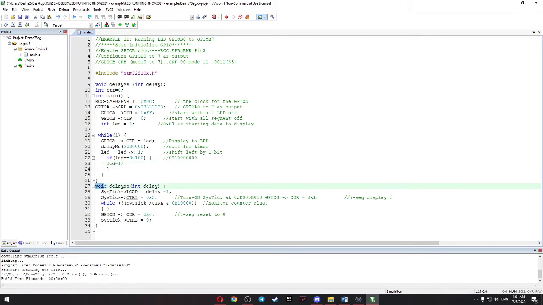After that, we see void delay in milliseconds, integer delay. This is for the timer, the Systick timer. So Systick load equal to delay minus 1. So we want the value 100 minus 1, which will be 99. After that, Systick control equal to 0x5. So we want to turn on the Systick at